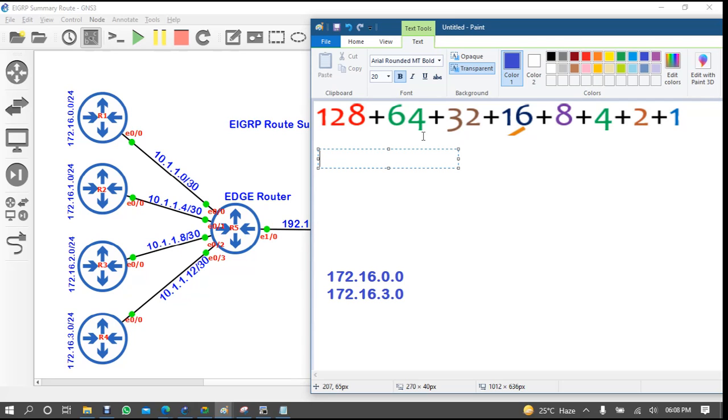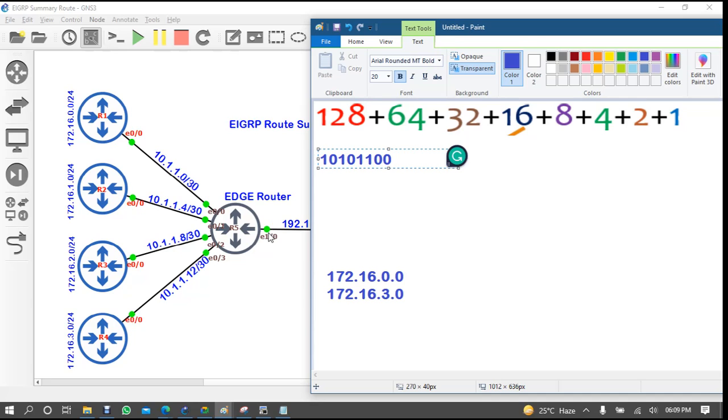So no problem. Right here, 128 is matching, so 1 0 1 0 1 1 0 0, right? Is it okay?